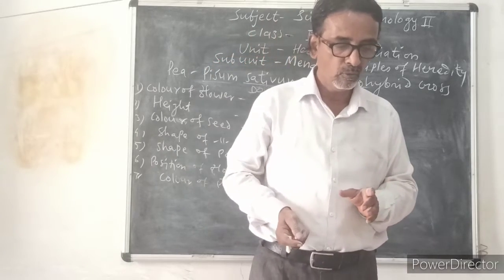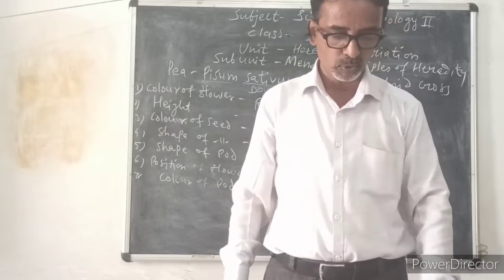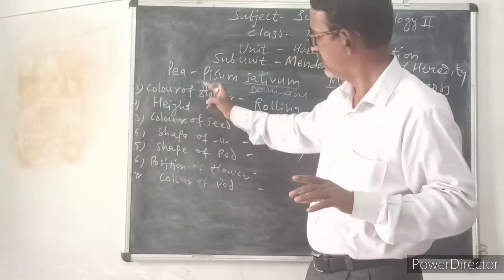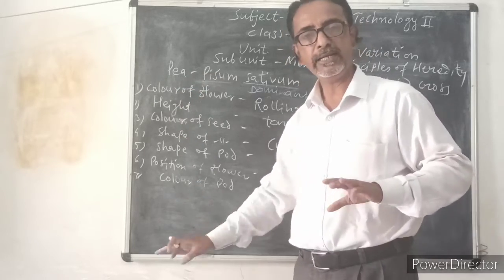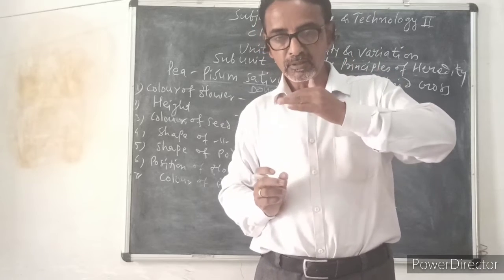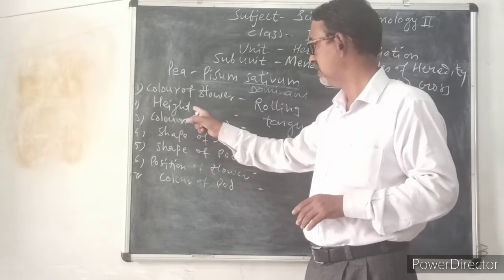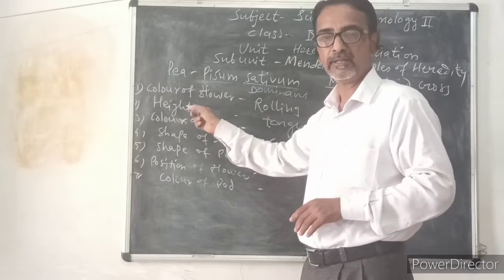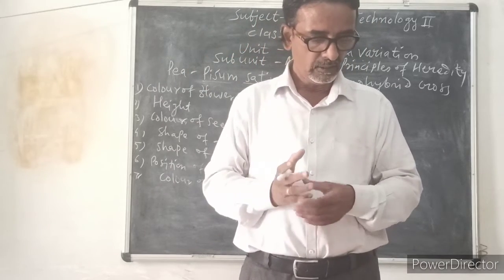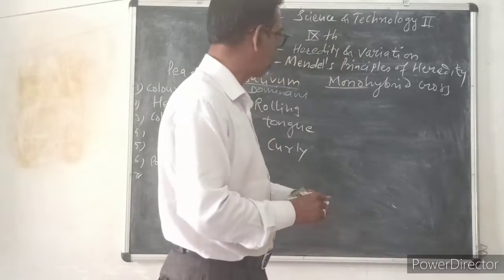So we have to study the monohybrid cross and monohybrid ratio by considering the height of plant, only one character. He studied all the characters, and in every character he found the same principles or the same observations. So we study only one character, and the character is height of plant. So the dominant character is tall, the recessive character is short. Again we have to see two definitions and then we stop today.